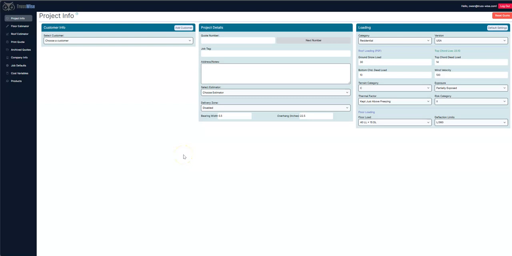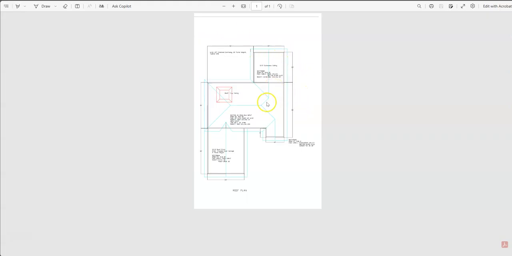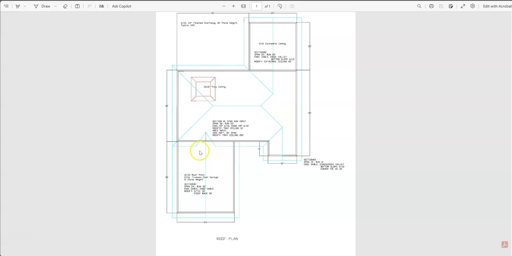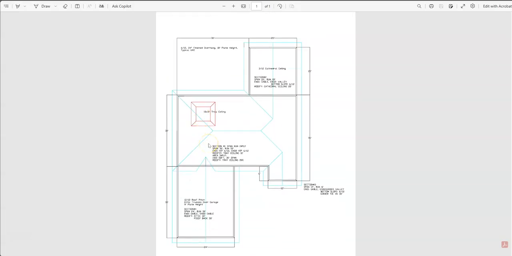This tutorial is going to run you through a quick demo quote. We're going to go from start to finish here. So your customer drops off a set of plans, and the first thing you're going to want to do is, if there is a roof, break down the roof layout into sections based on span,